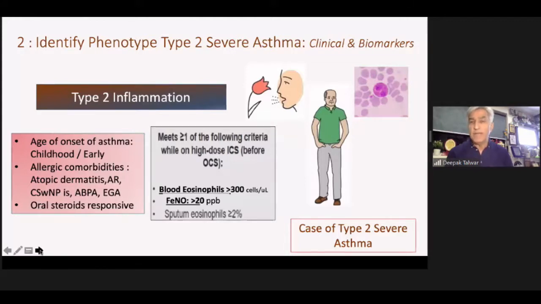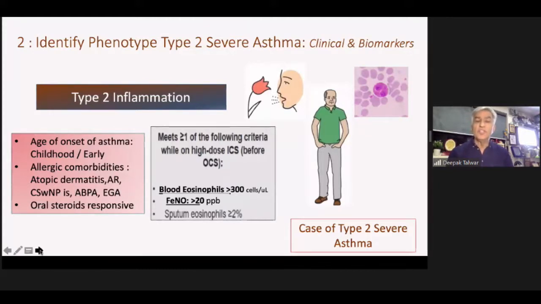So they become better when they are given oral corticosteroids. Only when they are tapered off the steroids, their symptoms worsen, or the symptoms are inadequately controlled on oral steroids, because we want to keep the dose of oral steroids at the lowest possible level, which is considered as about 10 milligrams per day.